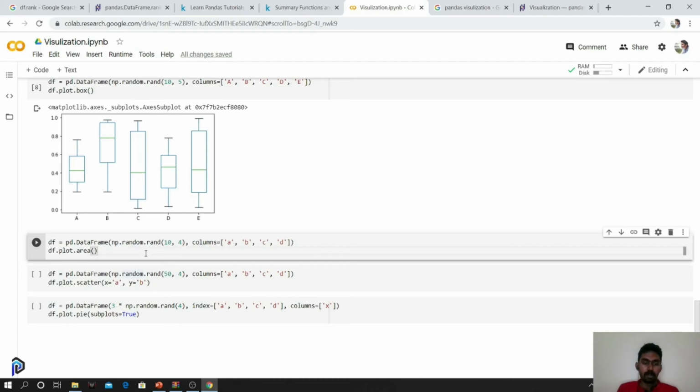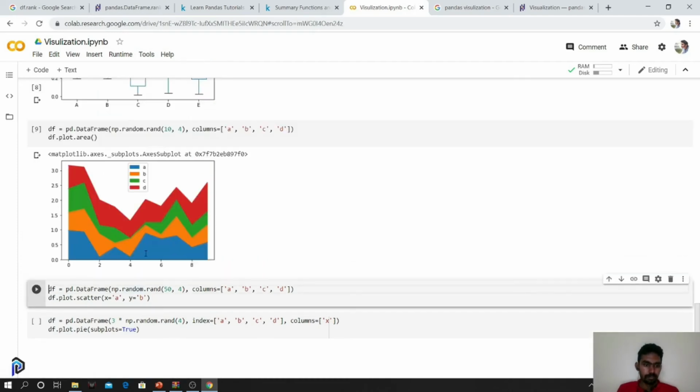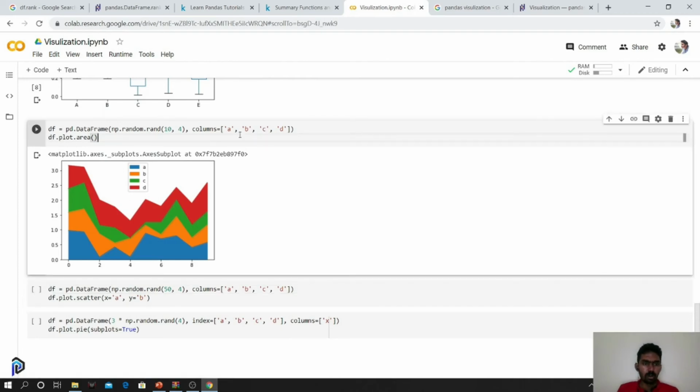We also have the area plot. As you can see, it's quite similar. We just get the value and plot it like this, a small change.